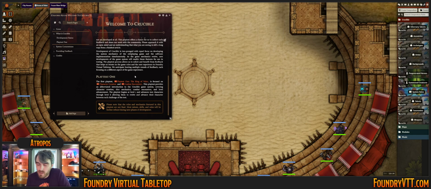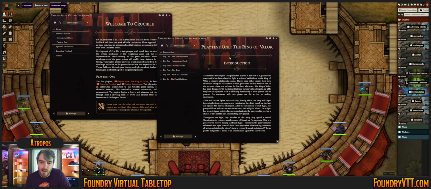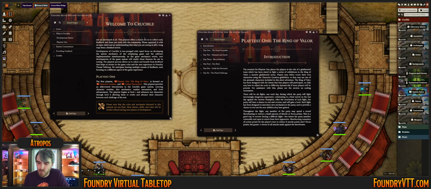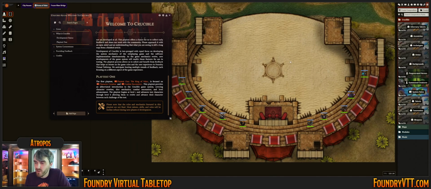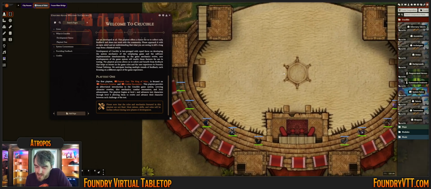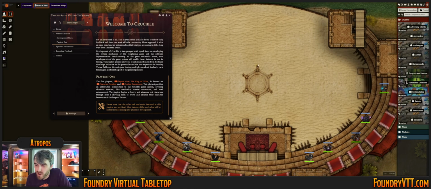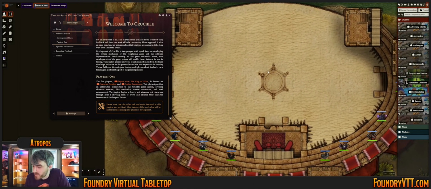What will be included in playtest 1 is a little scenario where you'll be able to participate in a 6-day gauntlet of arena-style challenges using this map that we threw together. There's enemies, there's creatures. You'll be able to roll up a party of characters and try and play through the gauntlet,